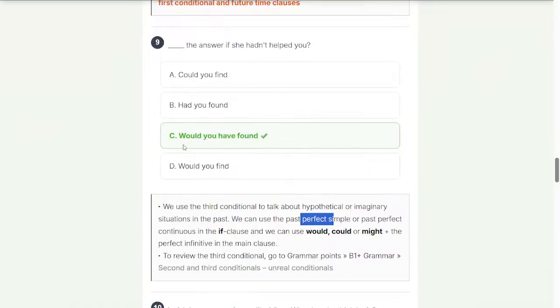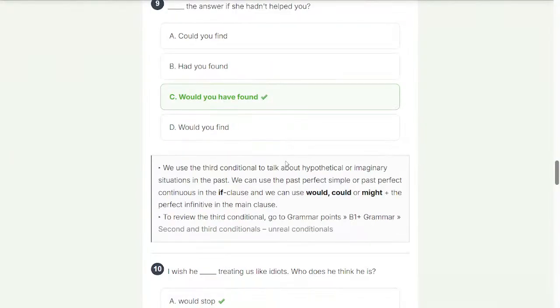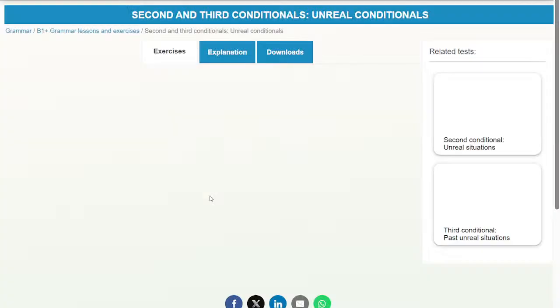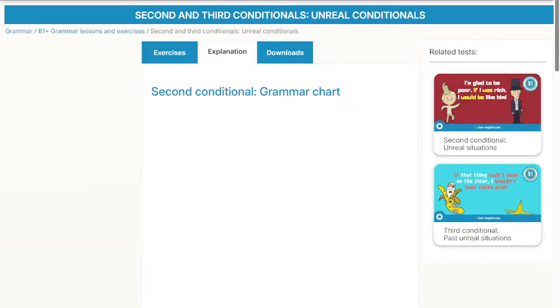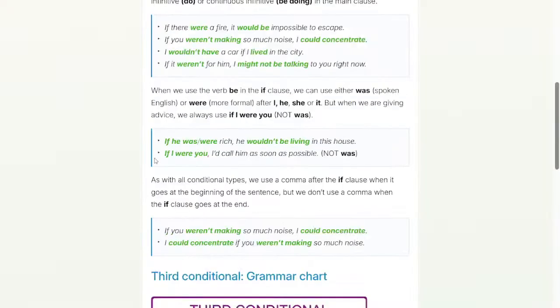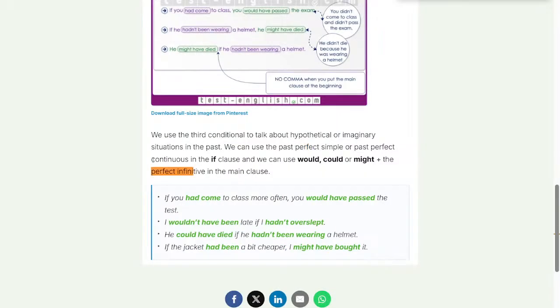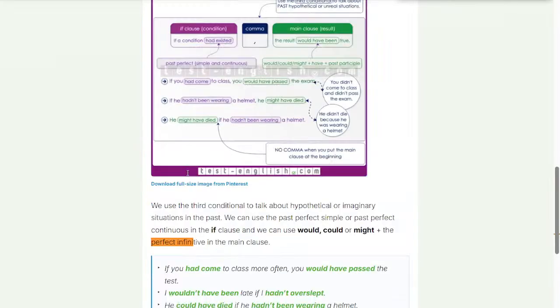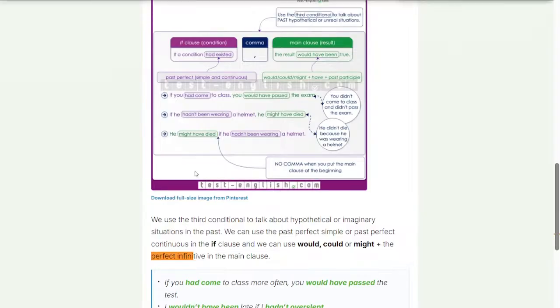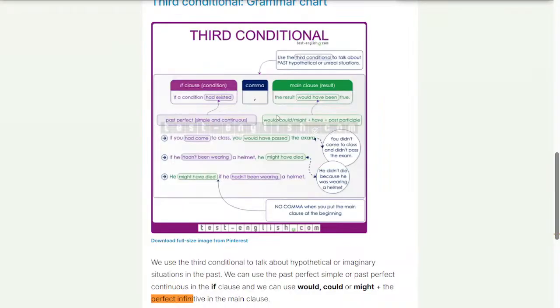So in the main clause, would plus perfect infinitive. I have trouble with perfect infinitive. What is perfect infinitive? Because I was thinking about this, like have plus past participle.